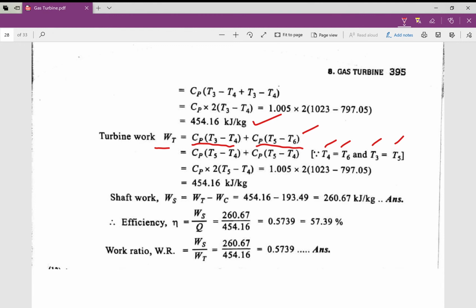So in this way, we can calculate the total turbine work we get per kg of air. And shaft work we can calculate as turbine work minus compressor work. So this is your shaft work, this is output, this is your input as heat supplied. So we can calculate efficiency then, which comes out